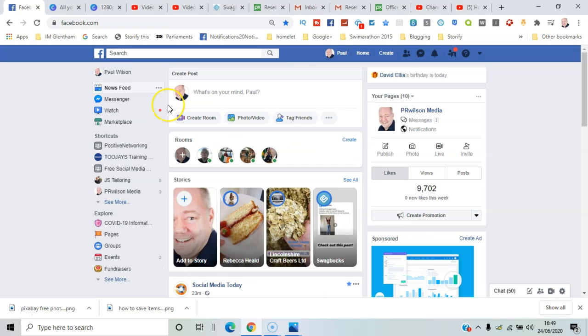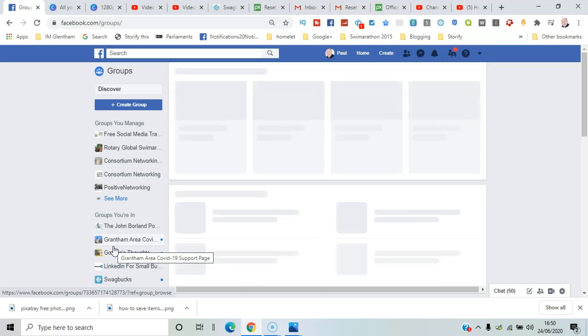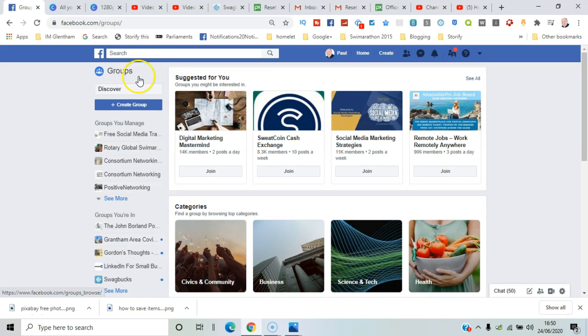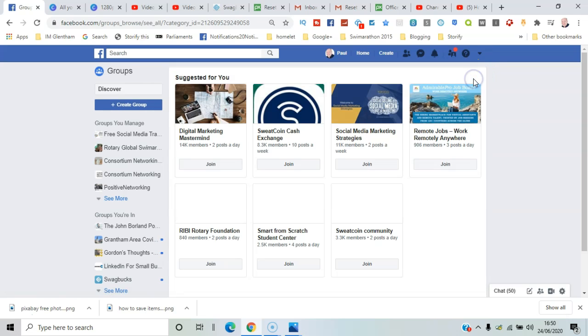Here we go. So you need to look at your home page here and then go on the left hand side to Explore and the section called Groups, and you can see it here. So the first thing you can see is groups you might be interested in. So it's picked out a number of groups based on who you're already a member of, kind of groups you might want to see. So if I say see all,